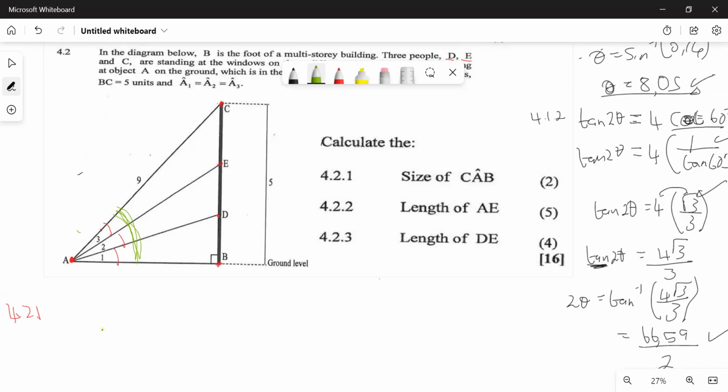Let's look at triangle ACB. Let's take out that triangle so that you'll see it. We have C here, B here, and A here. We are told BC is 5, and AC equals 9. And we are told this angle here is 90 degrees, which makes the side opposite to it